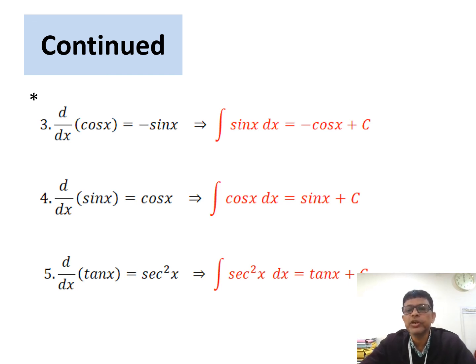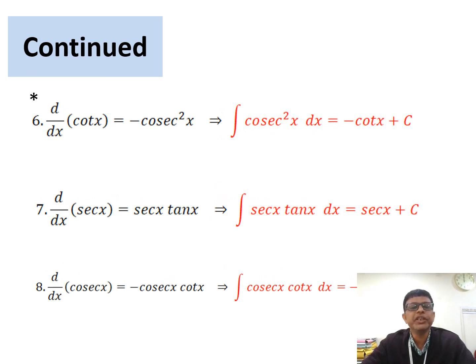Now three more trigonometric formulas are present here. The derivative of cot x is equal to minus cosec square x. If we change the minus sign, the derivative of minus cot x is equal to cosec square x. So we can say that the integration of cosec square x is equal to minus cot x plus c. That is also one trigonometric formula. Suppose one question is like 1 by sin square x, how do we integrate it? So we don't know